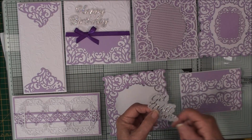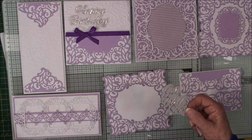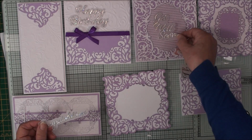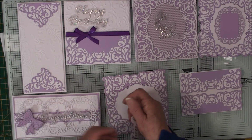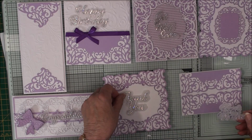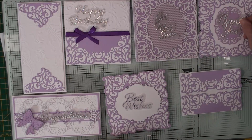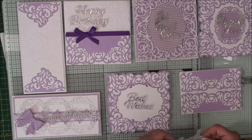From some silver holographic card, I've cut all my sentiments and I've added them onto some parchment. So I'm going to add these to my cards. We'll add the bow in there. We'll have thank you there. No, we'll have best wishes there. And we'll have thank you there because that will stand out a little bit more. And then over here we'll have